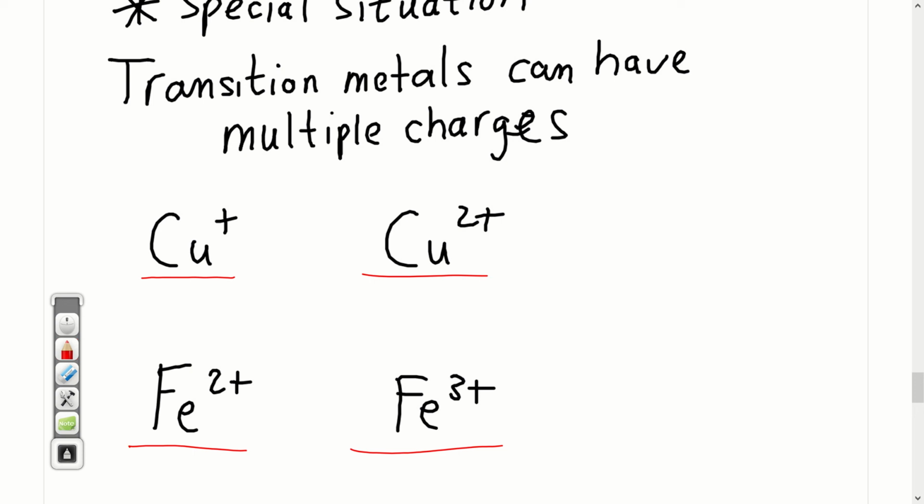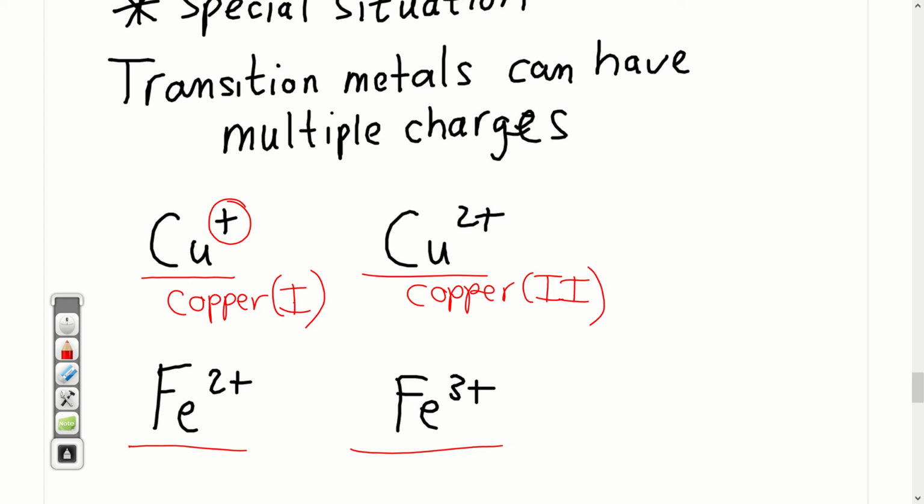The way we name these is we just write the name of the element. The metal keeps its name, copper. But we're going to use Roman numerals to illustrate the charge. So copper I for 1. This one is copper II. Down here I got iron II, and then we got also